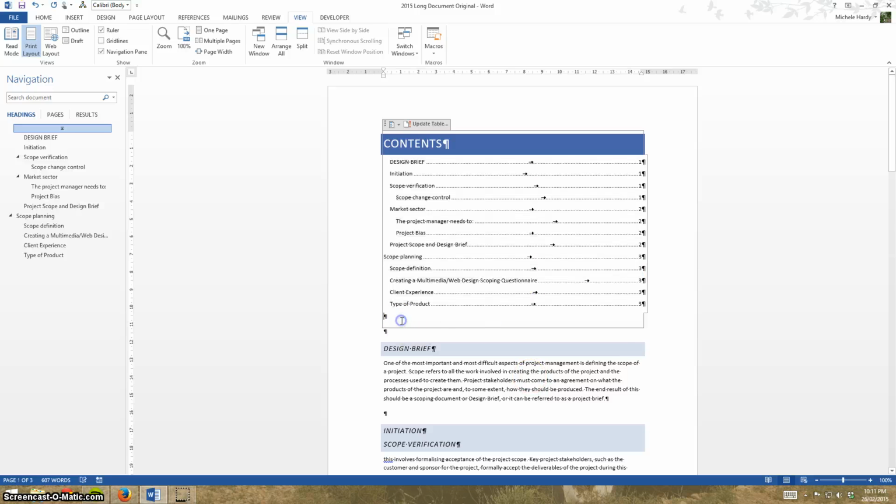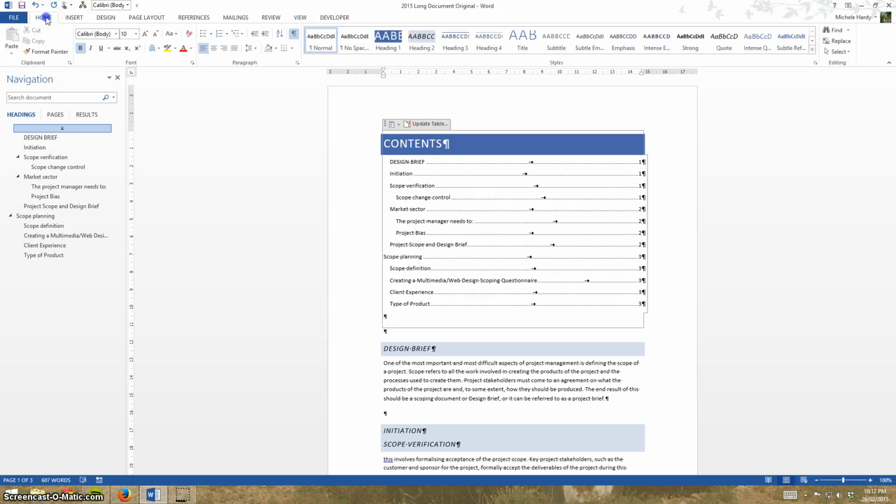I haven't had to do anything about it. I haven't had to try and find which things are on each page and manually change it. With just a couple of clicks of a button it changes automatically. So that's really the nuts and bolts of styles and why you should use them. Hopefully I have